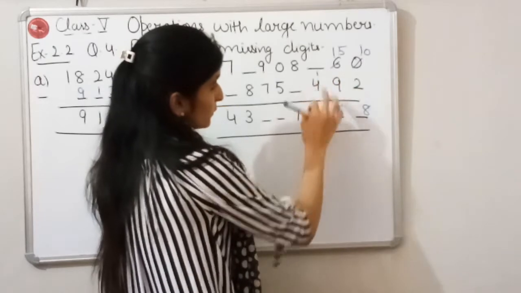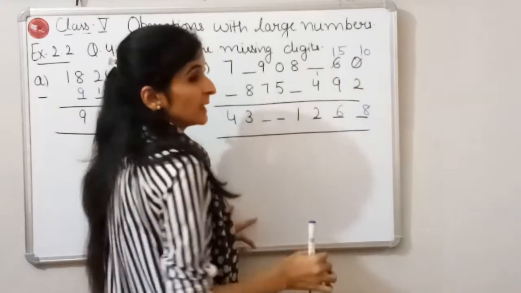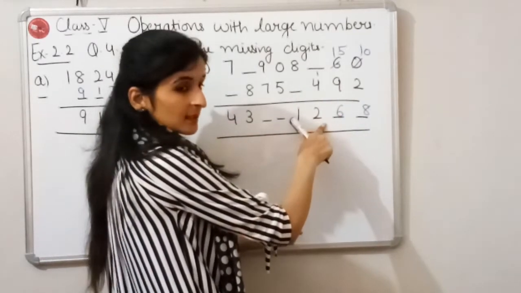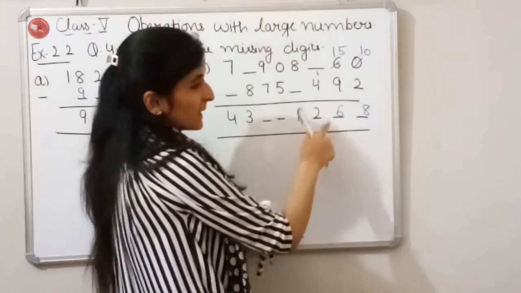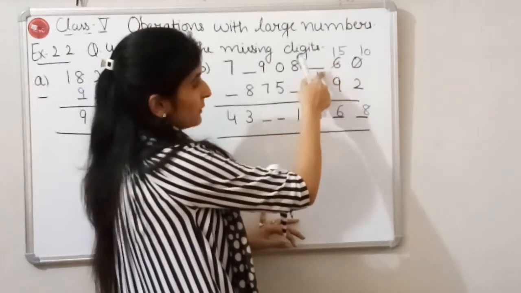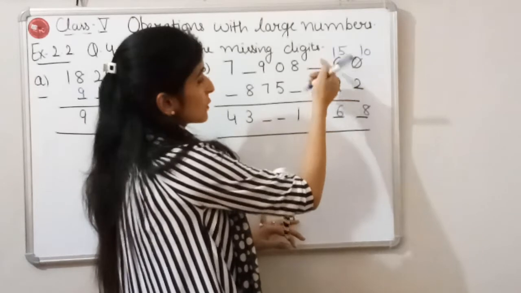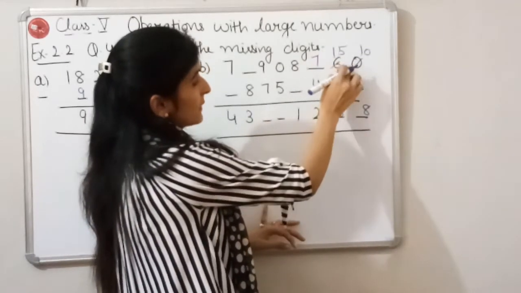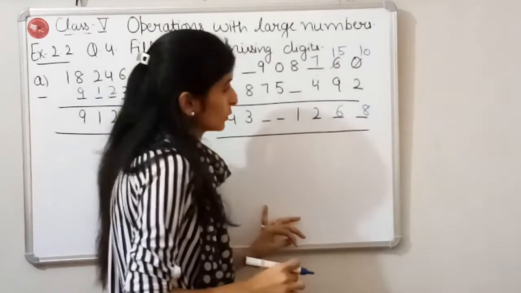Okay, 4. Now we have to find out the minuend. For finding the minuend, what do we do? We add this subtrahend and this difference. 4 plus 2 is 6. But we had taken one borrow also from here. We have given one borrow there. So 4 plus 2 is 6, but here we will write 7 because we have given one borrow to here also.